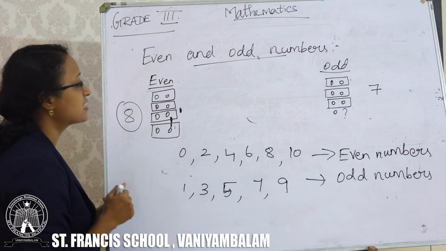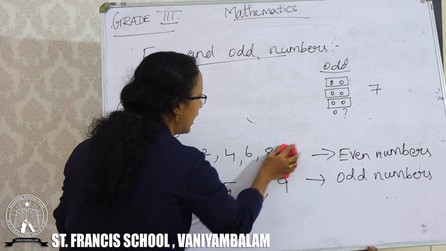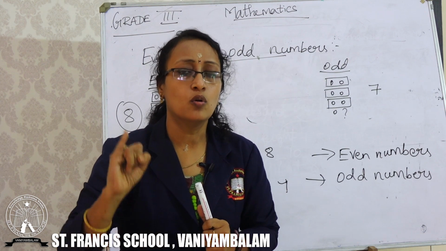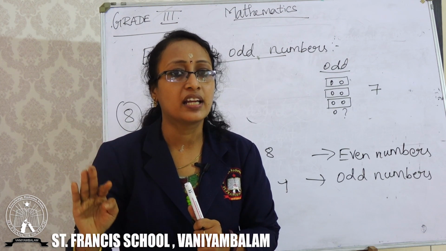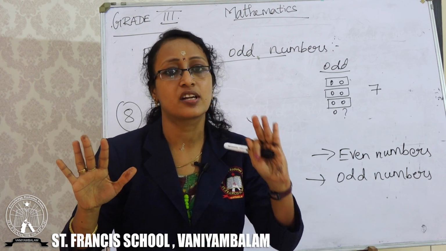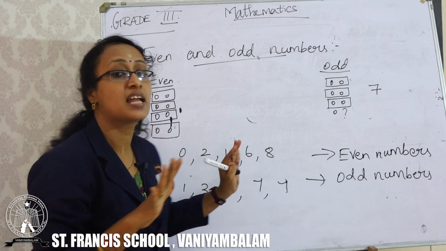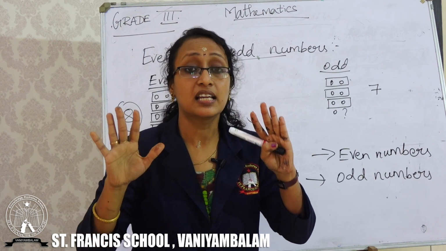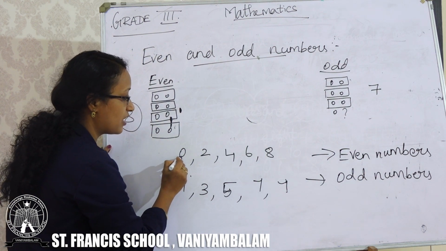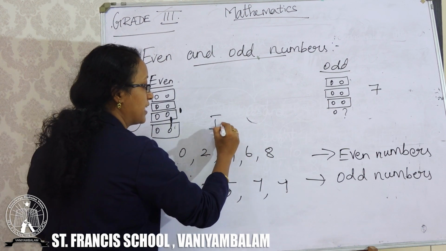In simple terms, we can say 0, 2, 4, 6, 8. Just imagine what the single digit numbers are: 0, 1, 2, 3, 4, 5, 6, 7, 8 and 9. Sorry, 10 numbers are there. These 10 numbers are single digit numbers. And you can say, if you have 0, 2, 4, 6, 8 in the ones place,